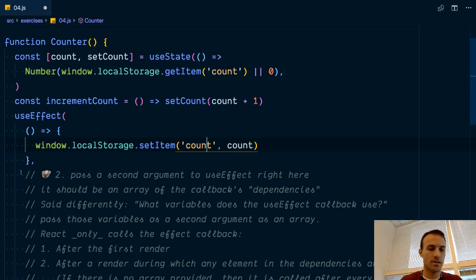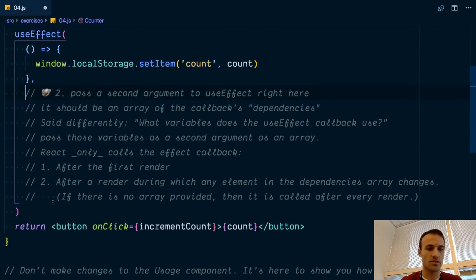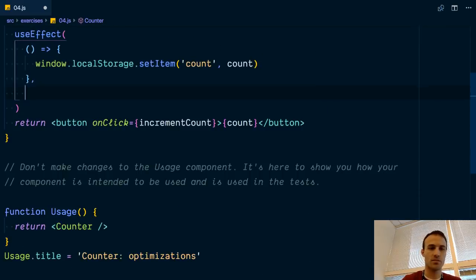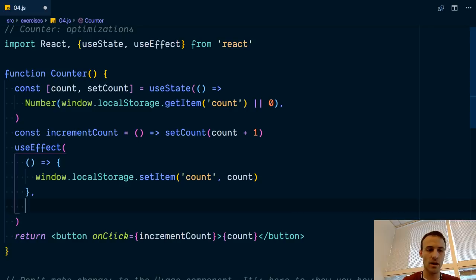Okay. Sweet. So the next one is right here. It's pretty straightforward. As the second argument to useEffect, you can provide an array of dependencies. And if you provide no array of dependencies, then React will just say, oh, you depend on everything in the world, so I'm going to just call you all the time. If you provide an array with no items, then you say, oh, you don't depend on anything, so I'll only call you when,